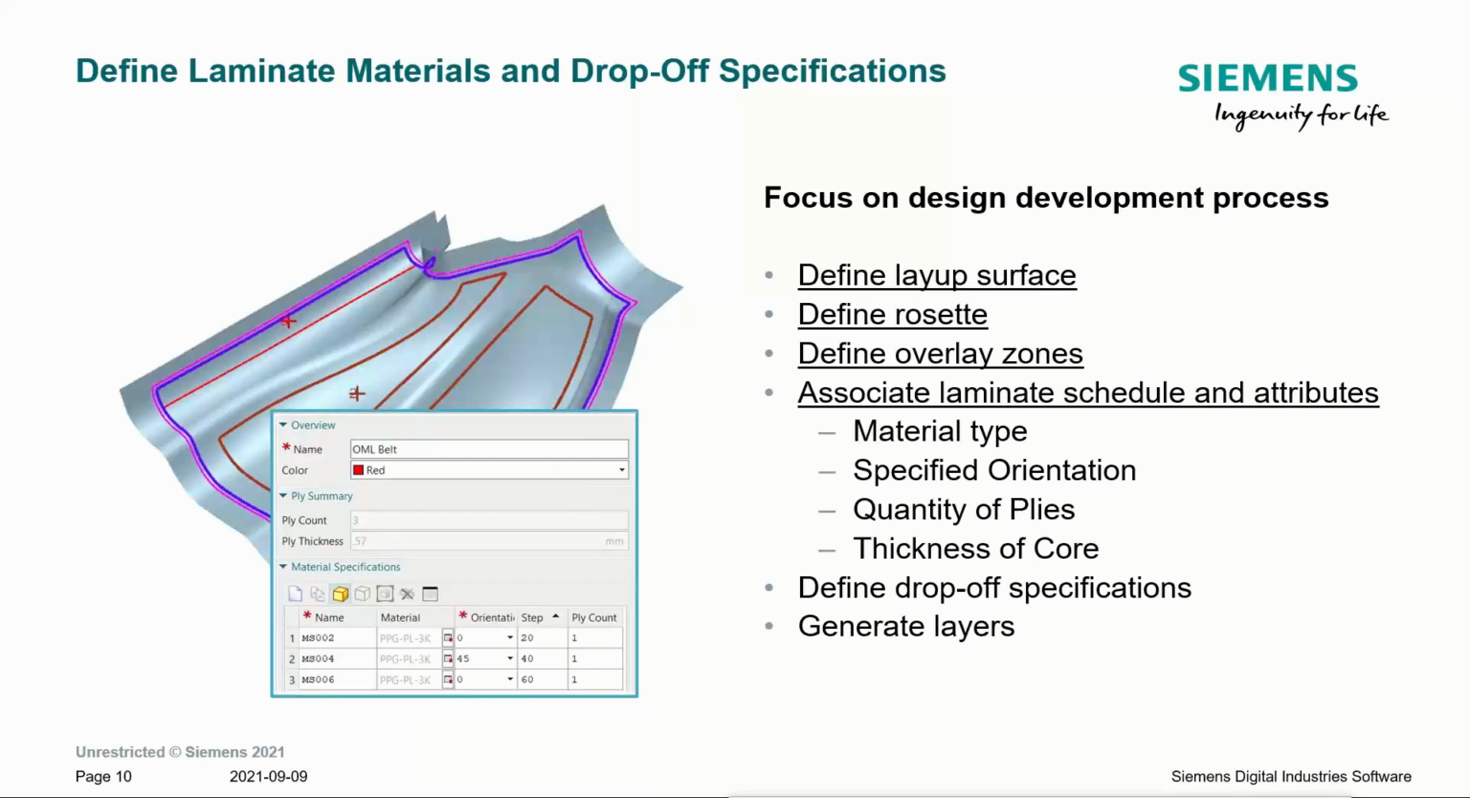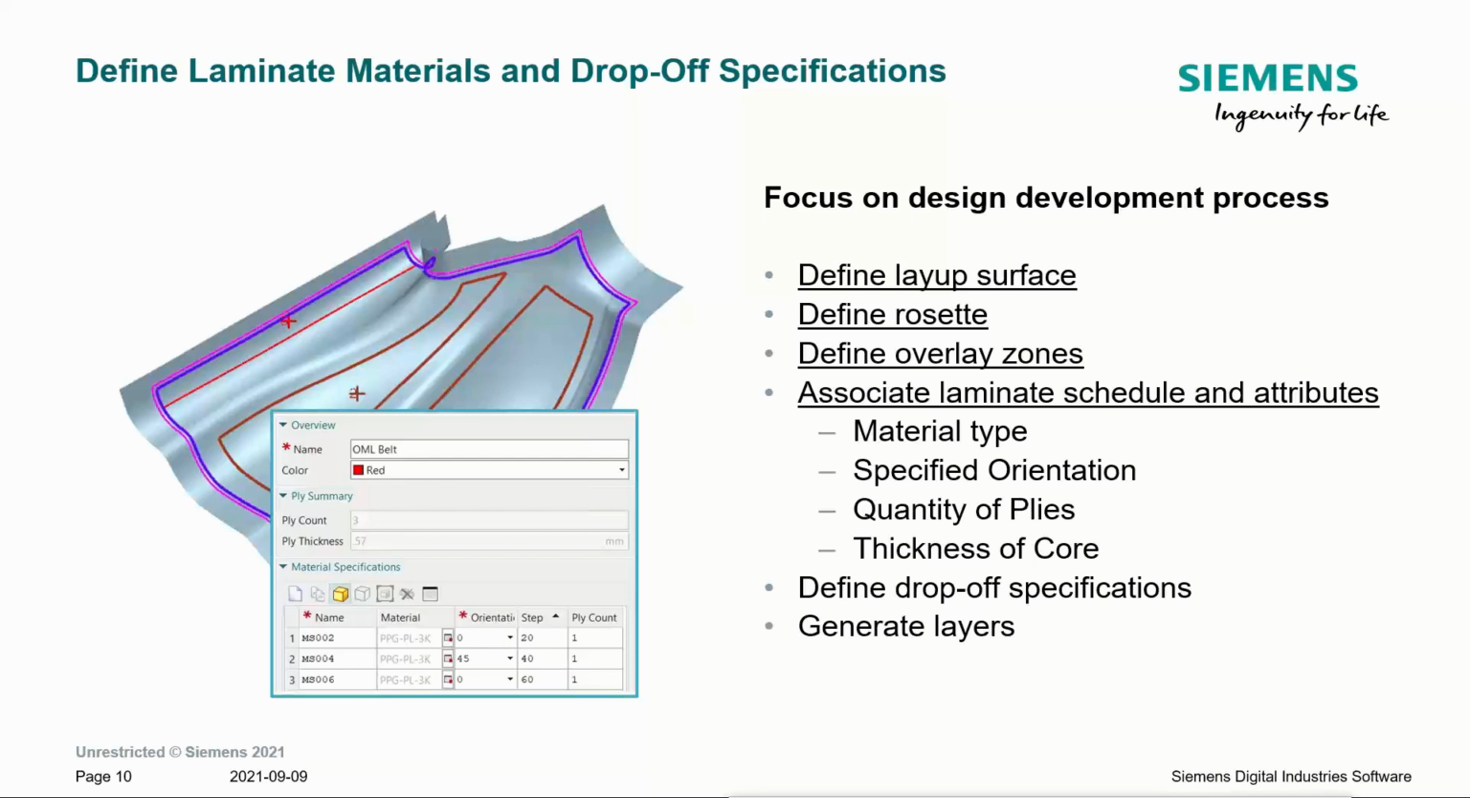So in this case, you can see the red color is assigned for this OML belt area. In that area, in the upper left-hand corner, is going to receive 3 plies, 0.57 millimeters thick, and it's 3 different plies of orientation 0, 45, and 0. After we've defined these overlay zones and laminate specs,